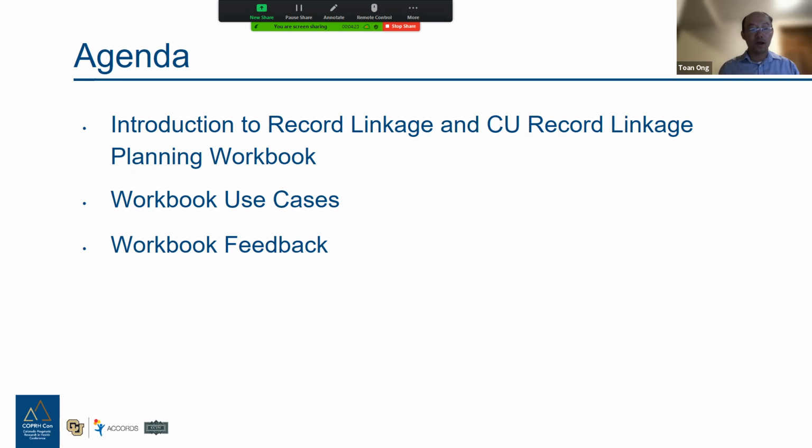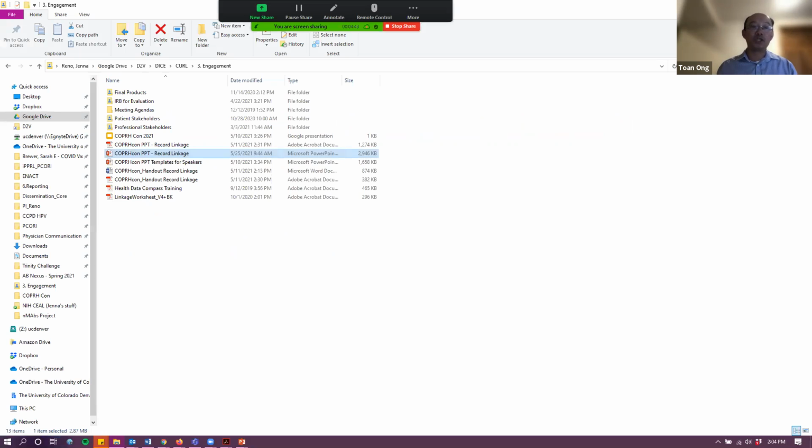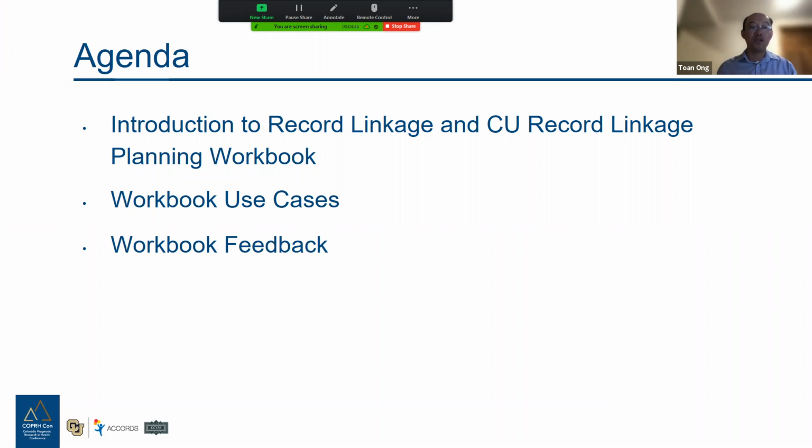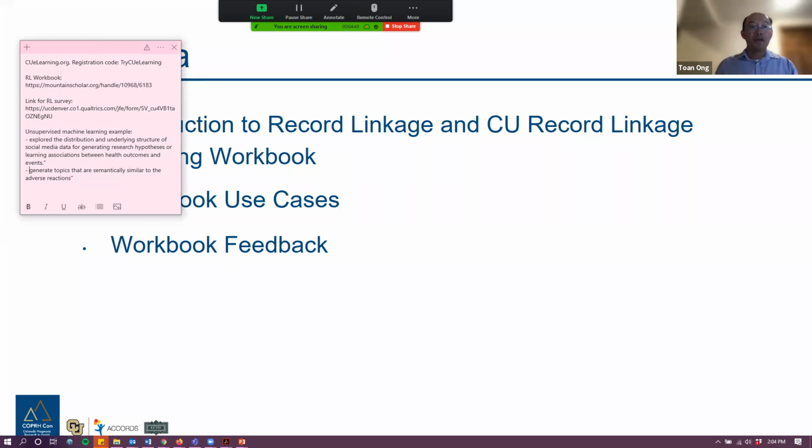Okay, so the steps that we're going to follow for this discussion: at first we're going to introduce the concept of record linkage and the record linkage planning workbook that our team put together. And then we want to discuss some specific record linkage use cases. So with that